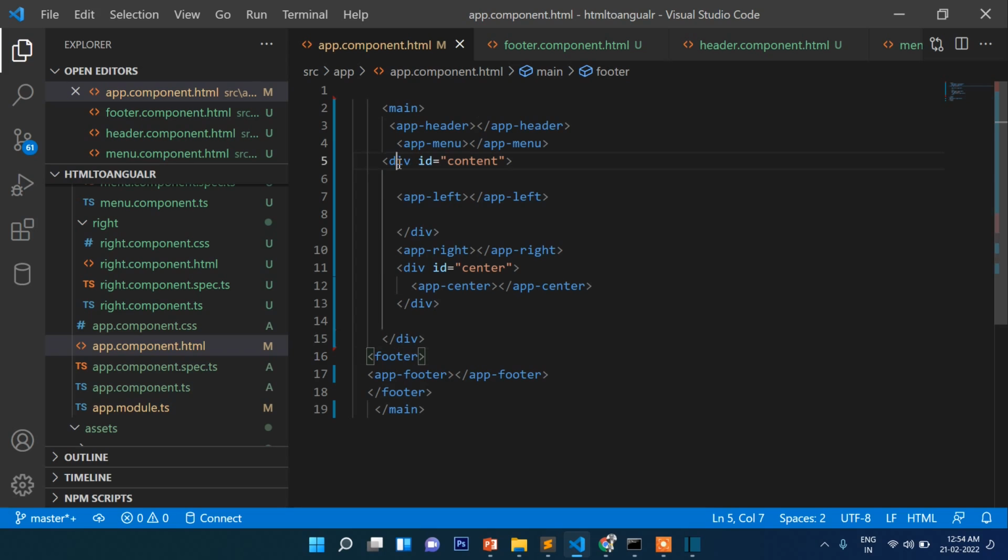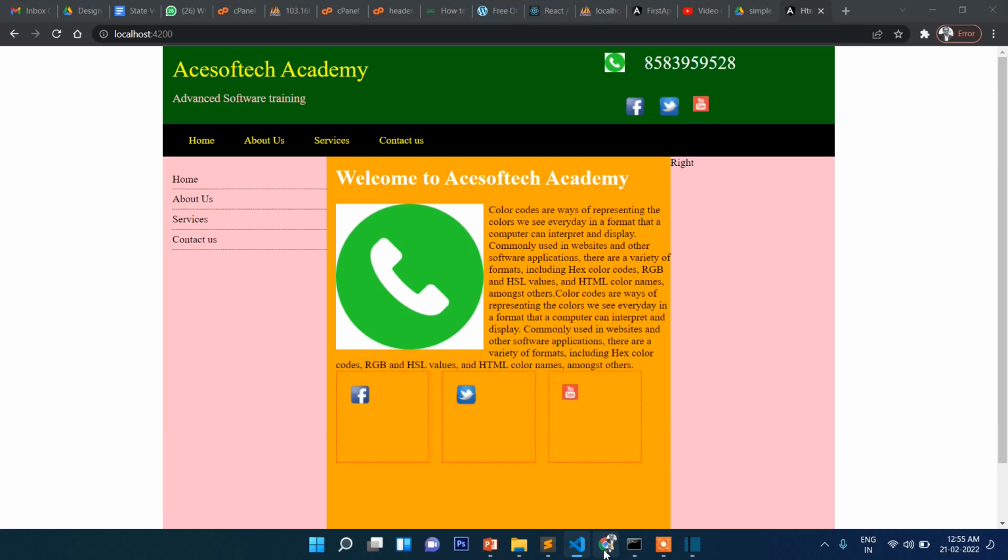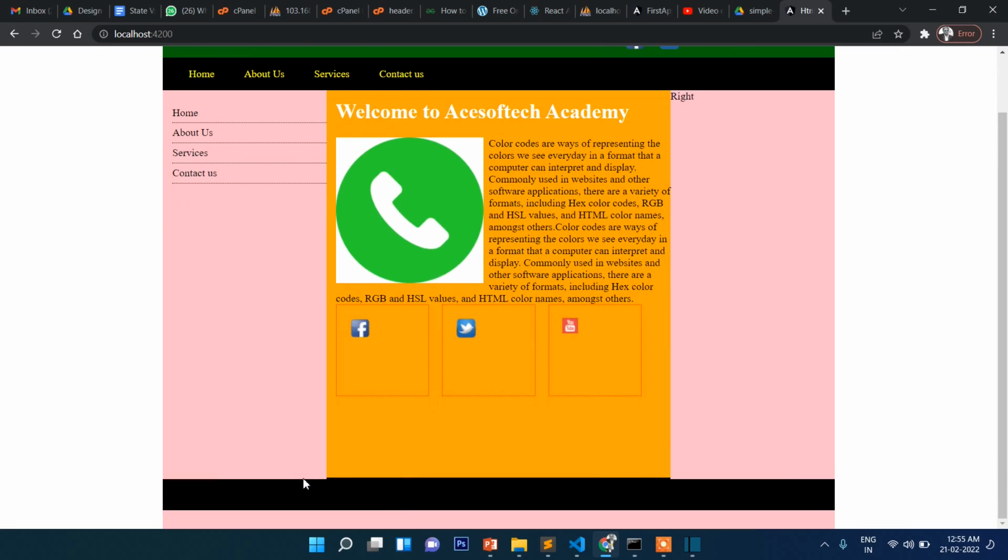this content left, okay, app-left, I believe this is additional, so this content left is this and this, so let's check. Yes, that's fine. So you can see we have separate components, header, menu, left, center, right, and footer, and